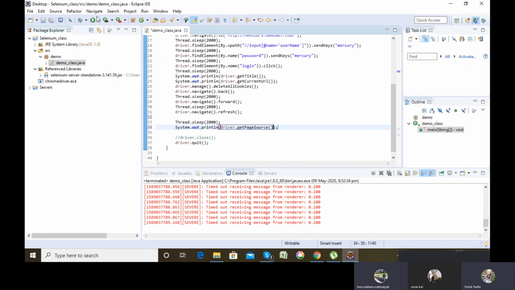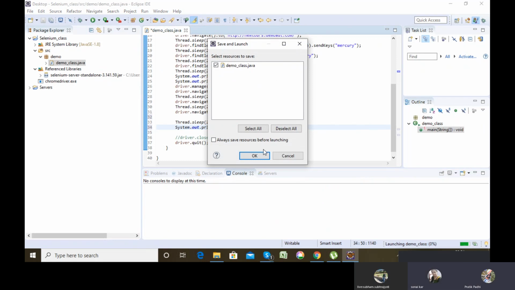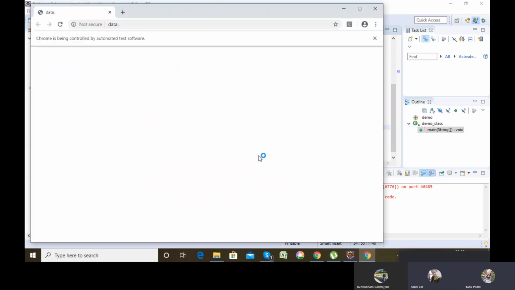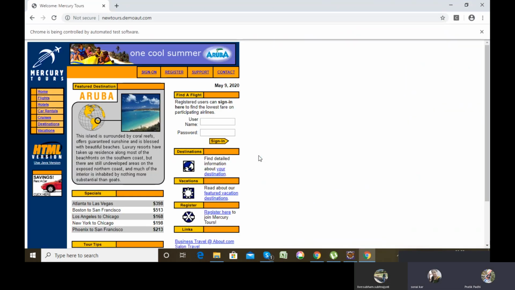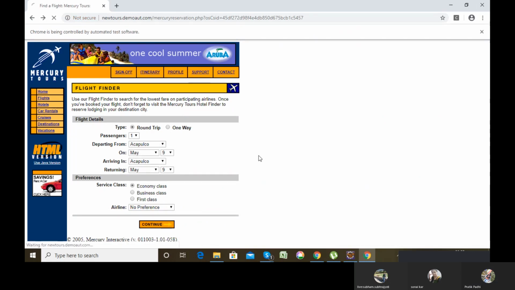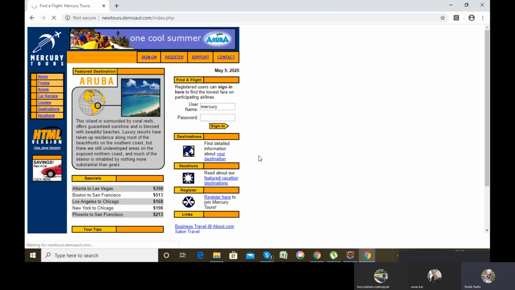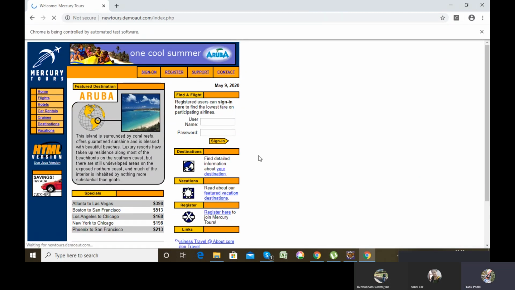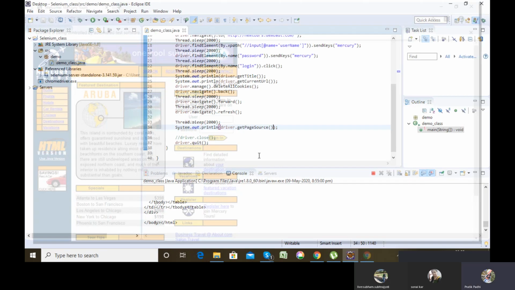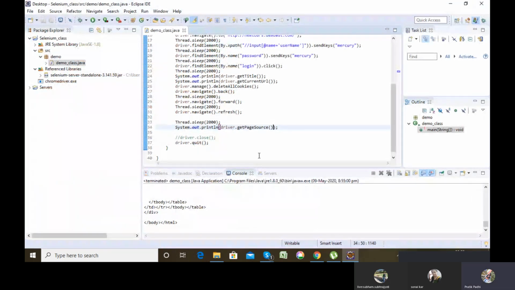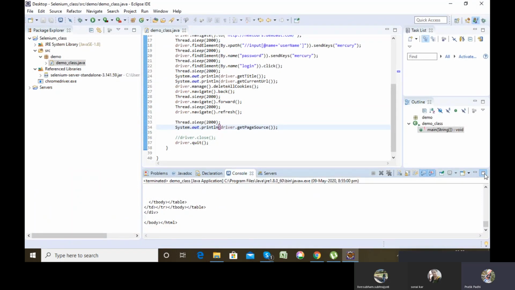Okay. See, the entire page source got printed in my console.